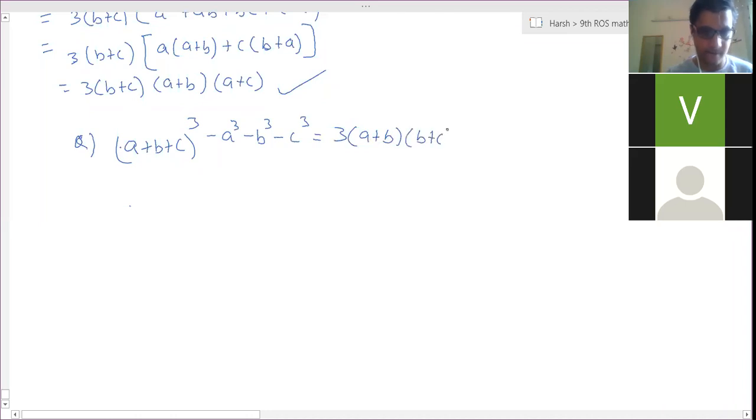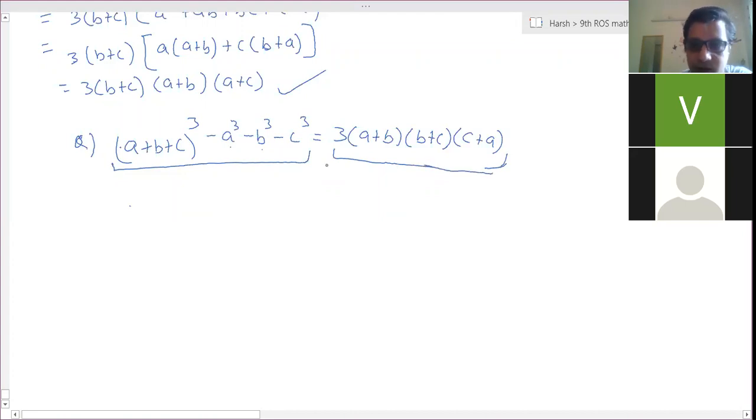So to solve this question, you can solve in a different way. The method should be the same, that I always say in mathematics. So the approach: what to do, how to group and all. See, on the left hand side you have cubes, but on the right hand side you don't have any cube. Correct? So the first thing that should come to your mind is that this cube should go away. How to make it go away, that you have to see. Right hand side there is no cube, so this will get cancelled anyhow.